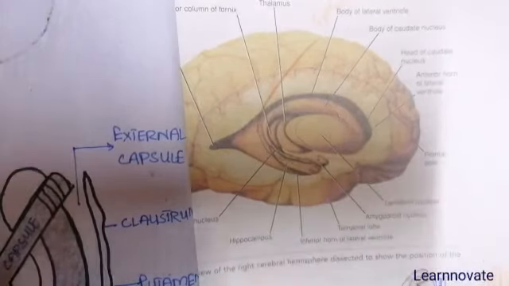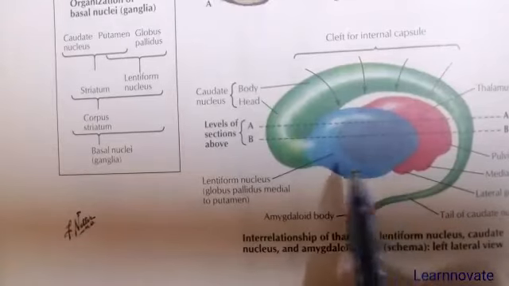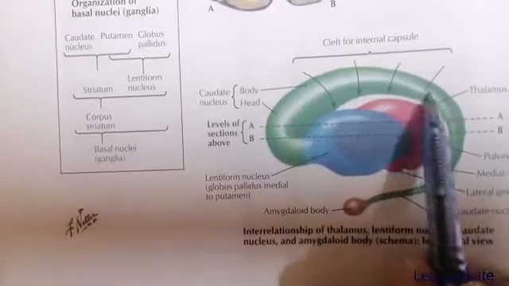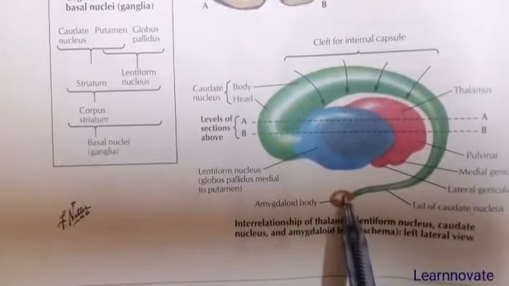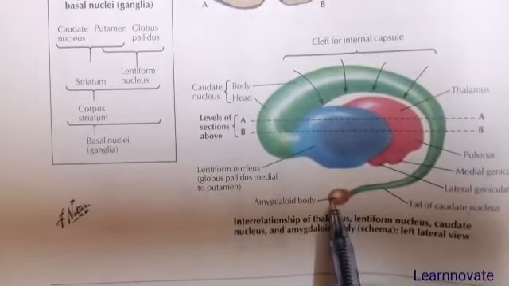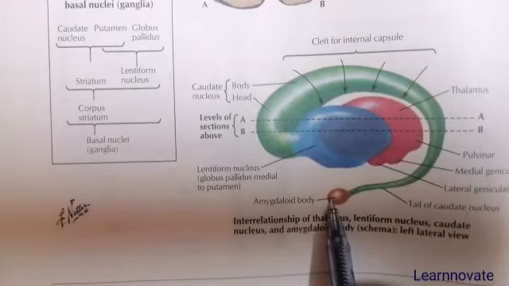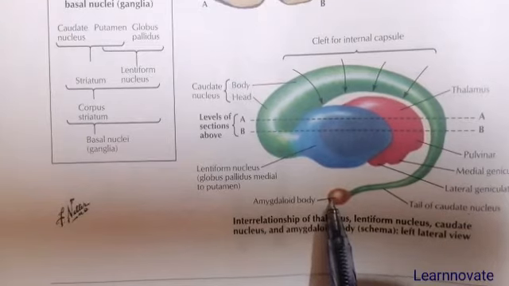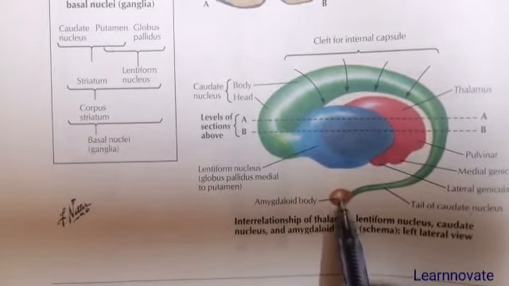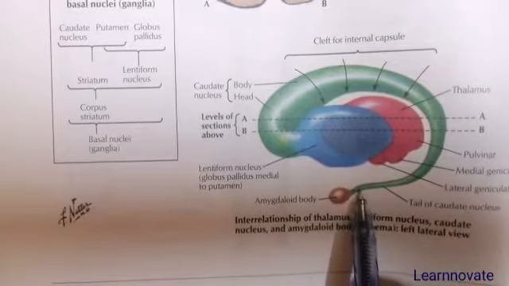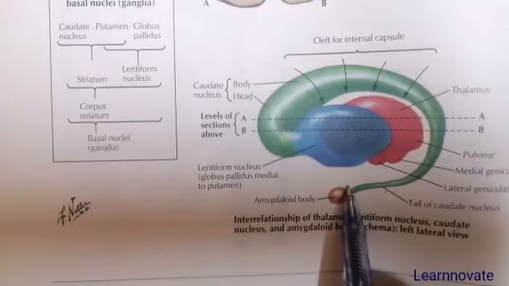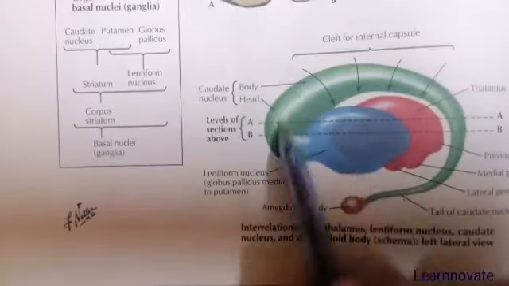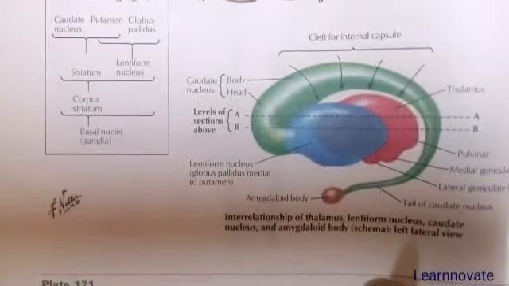We can also see in the next diagram how this caudate nucleus is surrounding the thalamus, and then it ends anteriorly as the amygdaloid body. This amygdaloid body is a part of the limbic system and performs its function in fear, anger and sexual activities. This amygdaloid nucleus contains the end of the tip of the tail of the caudate nuclei. So it is also present in the inferior horn of the lateral ventricle. This all forms your corpus striatum.